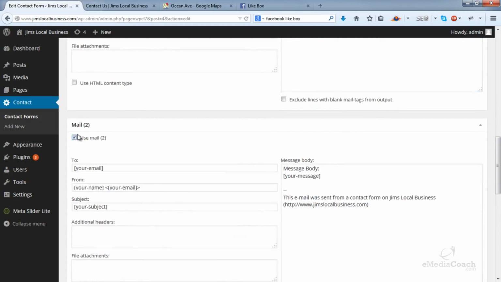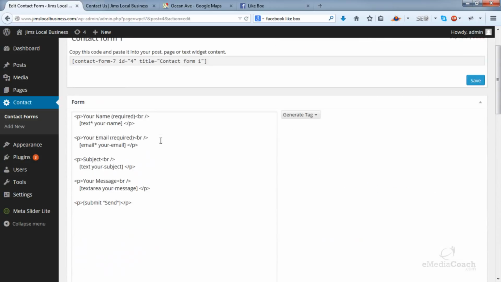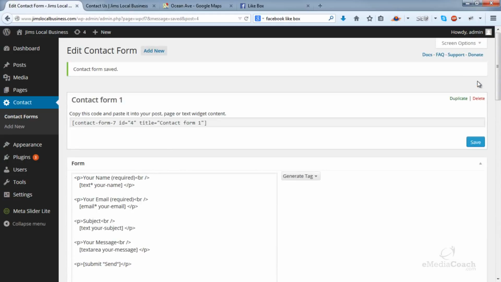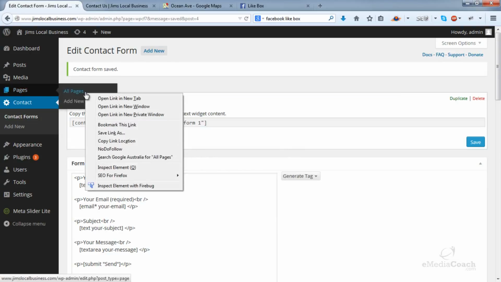If you want the form sent to another email address, fill out the fields here. I'll leave that unticked. And here you can edit the messages the user receives upon successful submission. I'll leave that default as well. Go back up, save. Now what I need you to do is copy and paste this entire tag, go to your contact page,